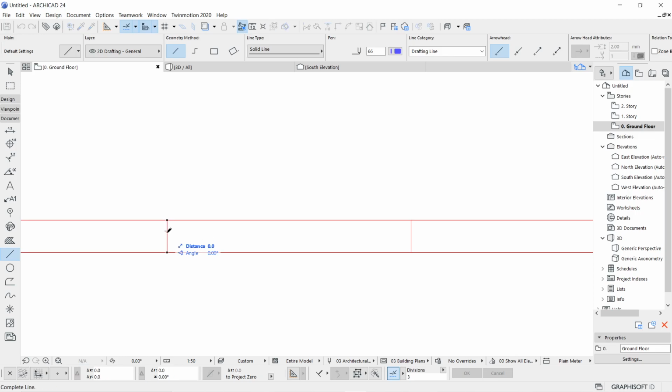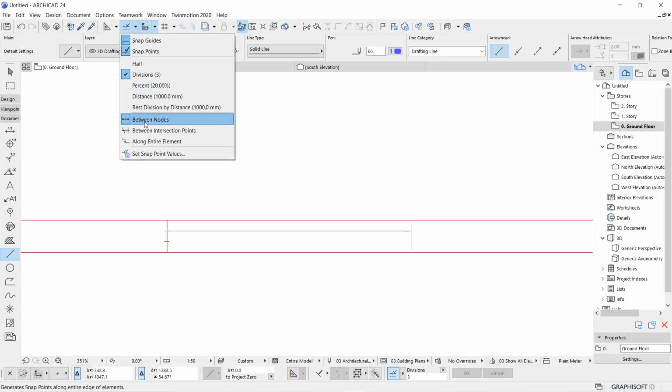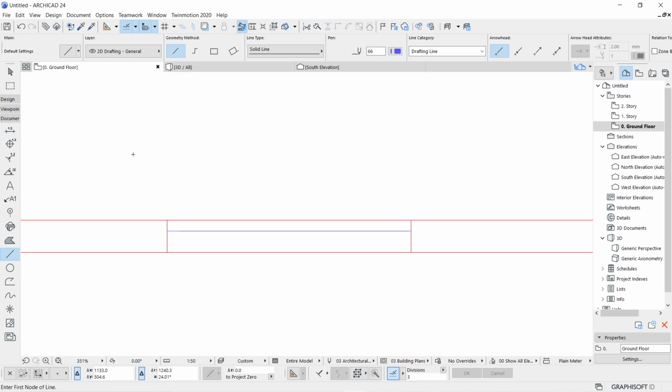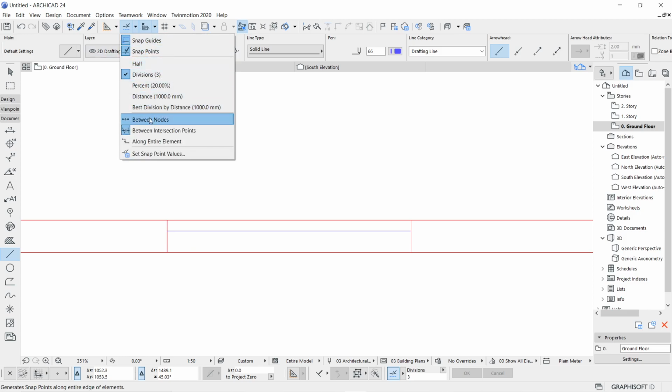Now I'm going to pick one portion and complete this over here. Okay, so this is how I've added the first segment. How to add the second? Obviously I can touch the same line again, because I'm working with the logic of between nodes. If I work with the between intersection point, what will happen? The 3 divisions of that interval would be wrong and won't be suitable for my need. So I'm going to switch back to between nodes.